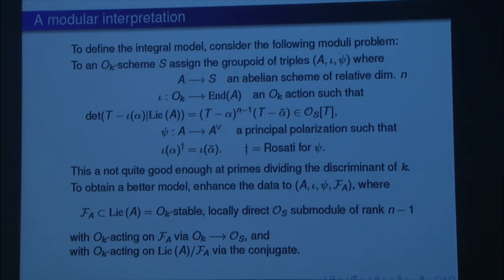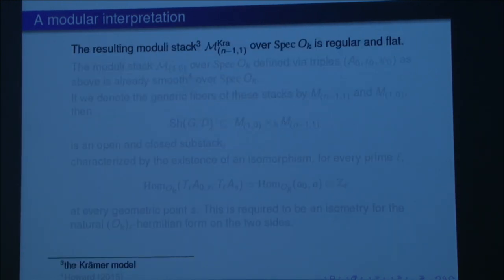So this is like an n-1 signature condition, but given physically in terms of giving the line bundle a sub-bundle on which one part of the action is realized. And that turns out, when you have ramification, and it's hard to tell the difference, mod p, between alpha and alpha bar, because it's ramified, then this turns out to kind of fix that. Okay, so anyway, the resulting moduli stack, this is due to Kramer, a student of Rappaport,